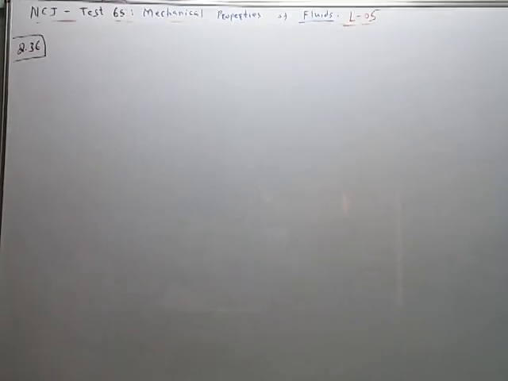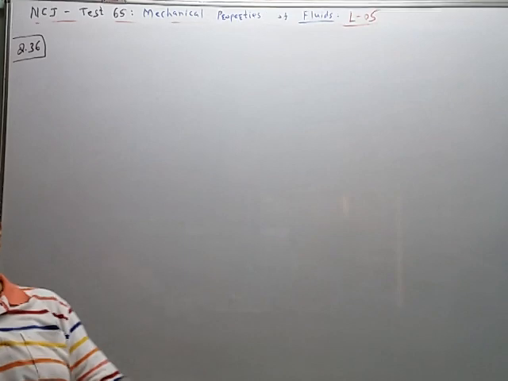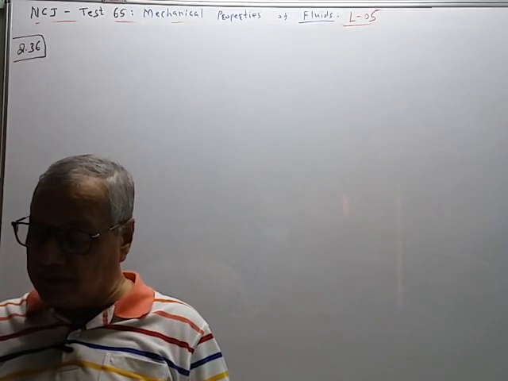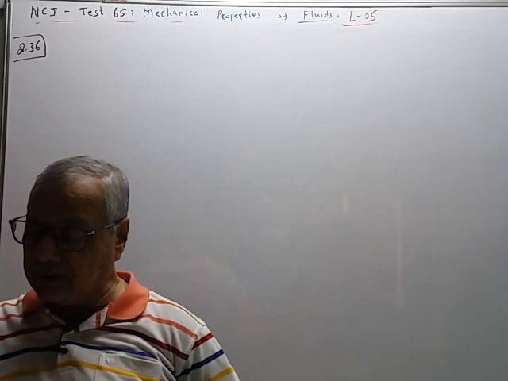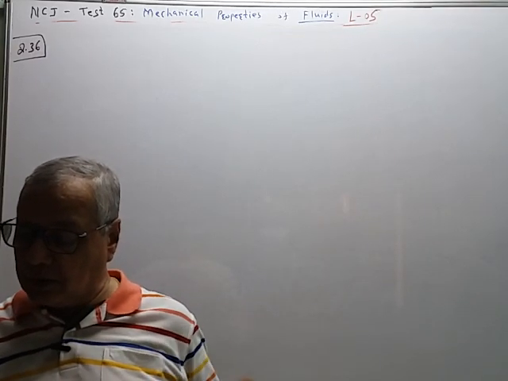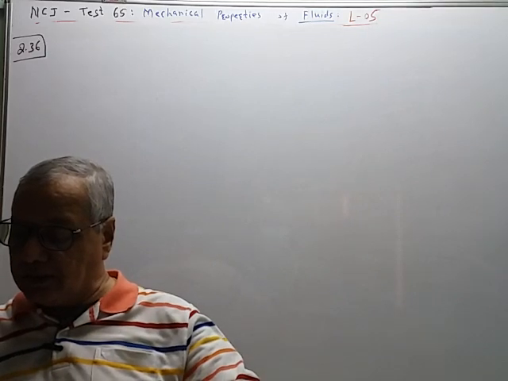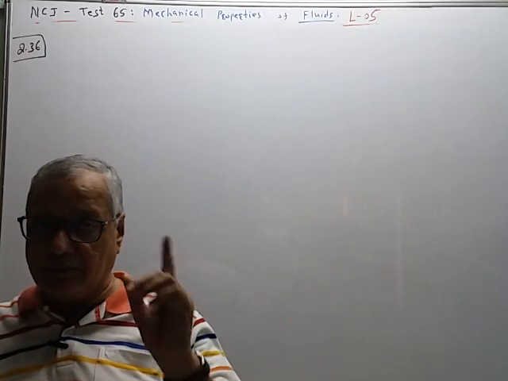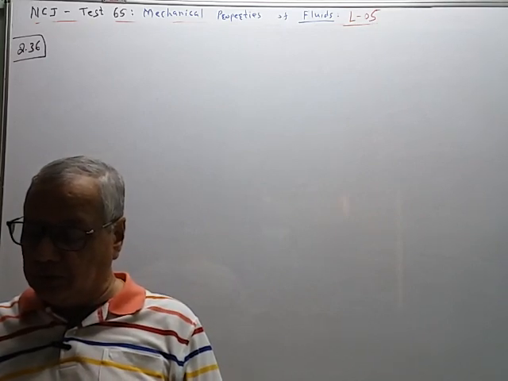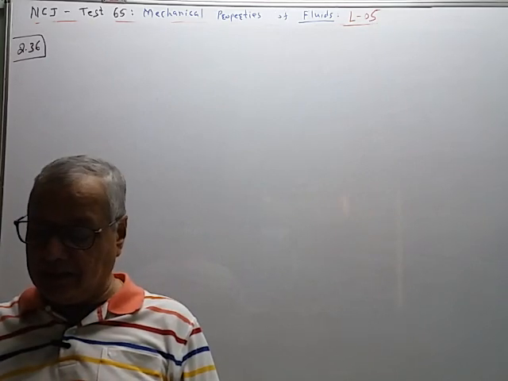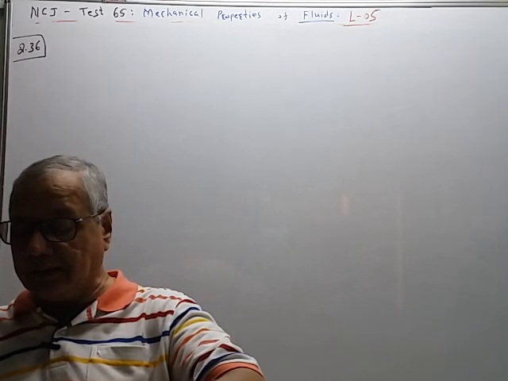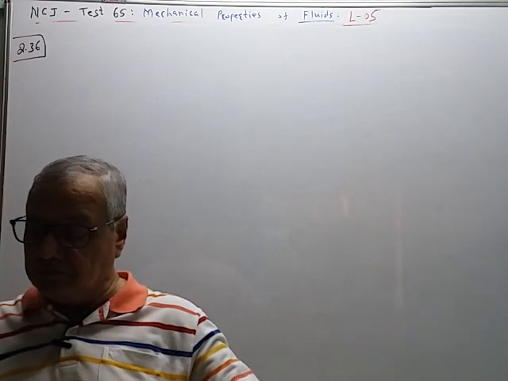Next, question number 36. Work done in increasing the size of the soap bubble from radius of 3 centimeter to 5 centimeter is nearly. The surface tension of the soap solution is 0.03. So answer is given in millijoule. Remember that unit: small m for milli and capital J for joule. So answer is given in terms of pi: 0.2 pi, 2 pi, 0.4 pi, 4 pi, etc. So you have to find the work done.